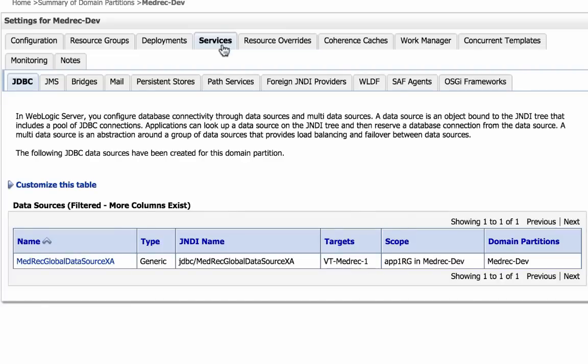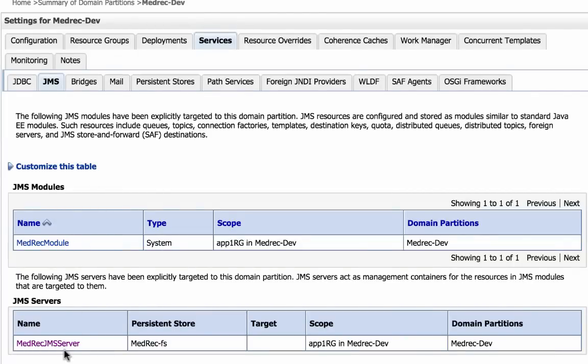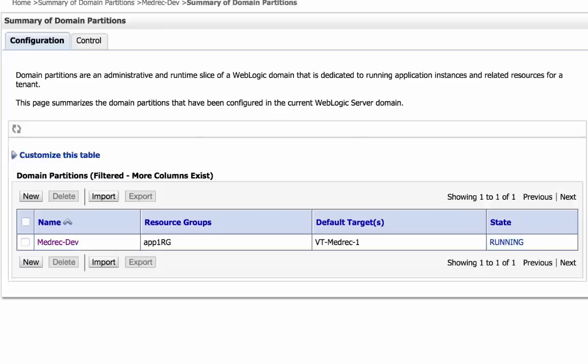My services are similar, right? I've got a data source here. For JMS, I've got a module and a JMS server. So these are all running within the partition. What I'm going to do now is unplug, or rather export, this partition. So I see this, and I say export,